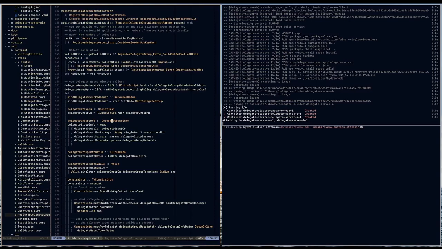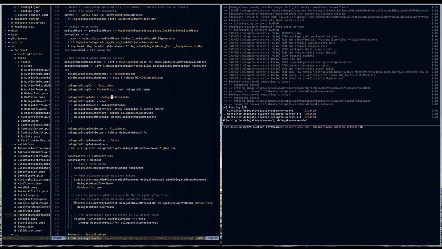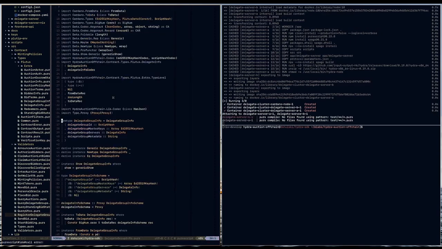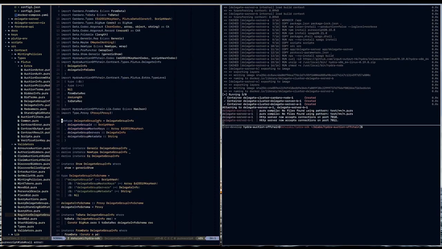Now we want to submit a transaction that will create an entry for a new delegate group at the delegate group metadata validator address. This basically involves creating an unspent output with the following delegate group info datum. As shown here, we have a unique delegate group ID, whose uniqueness is guaranteed by the underlying minting policy,